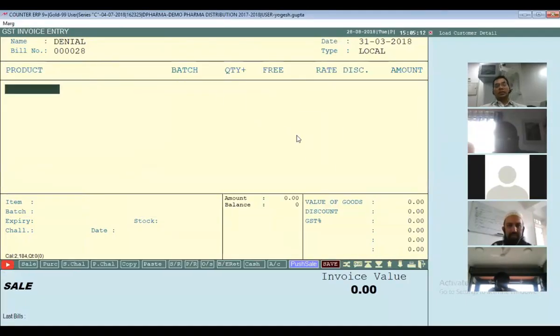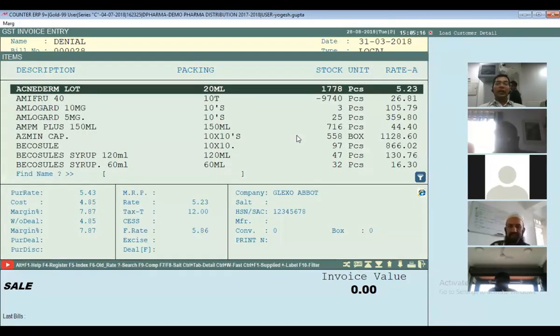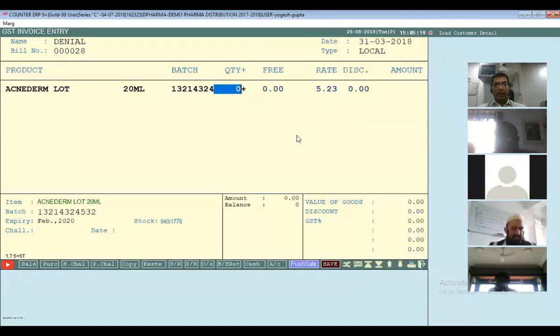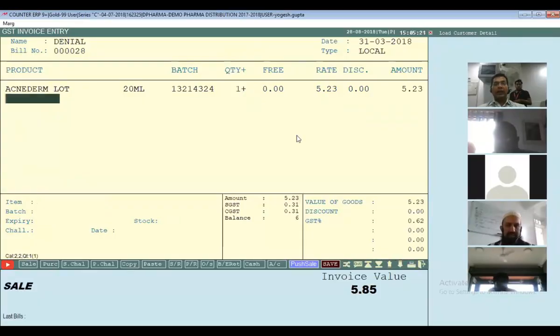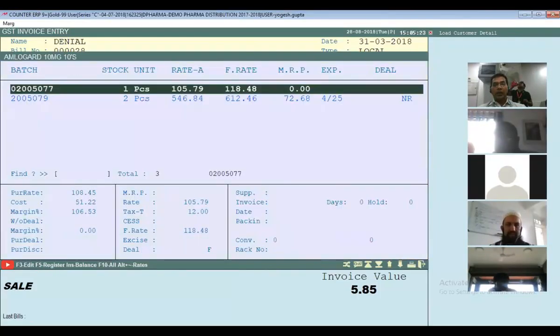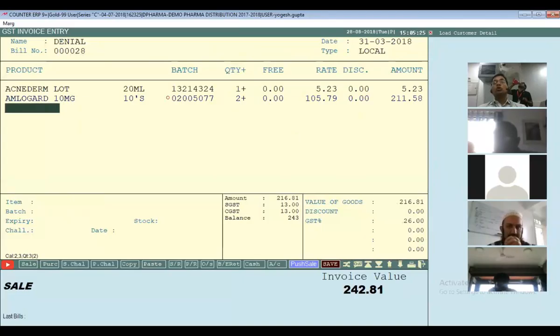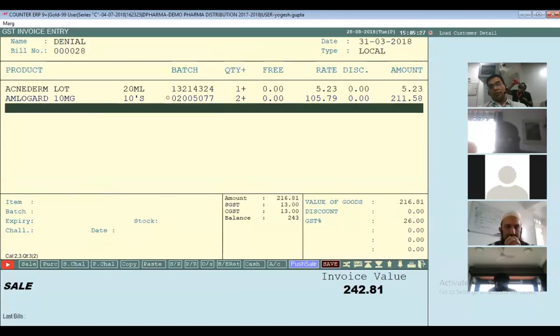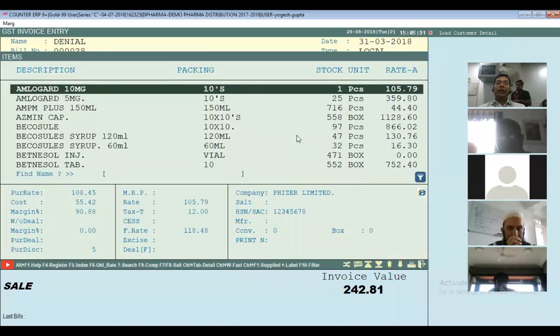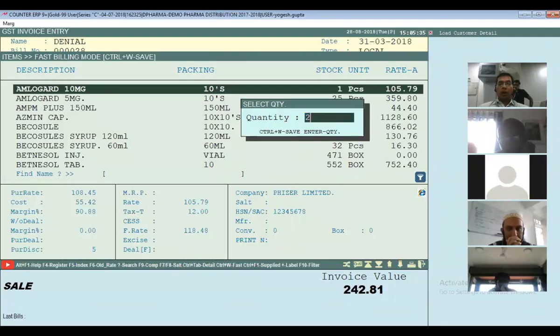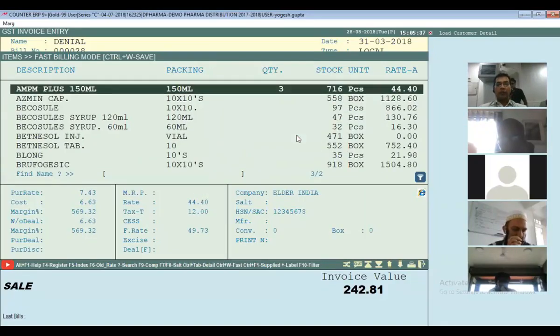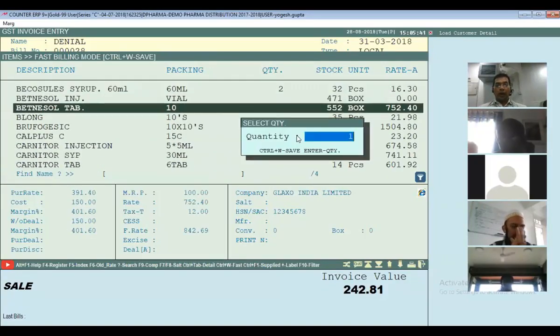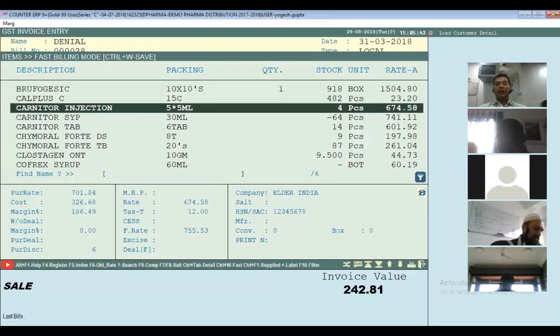Now look at that, sir. Generally, when I do billing, I hit enter, enter, enter, quantity, enter, enter, enter, quantity. It is too many enters. So to stop too many enters, I hit enter on this screen and press Ctrl W. Now, sir, just select the item, enter on item, select the quantity.